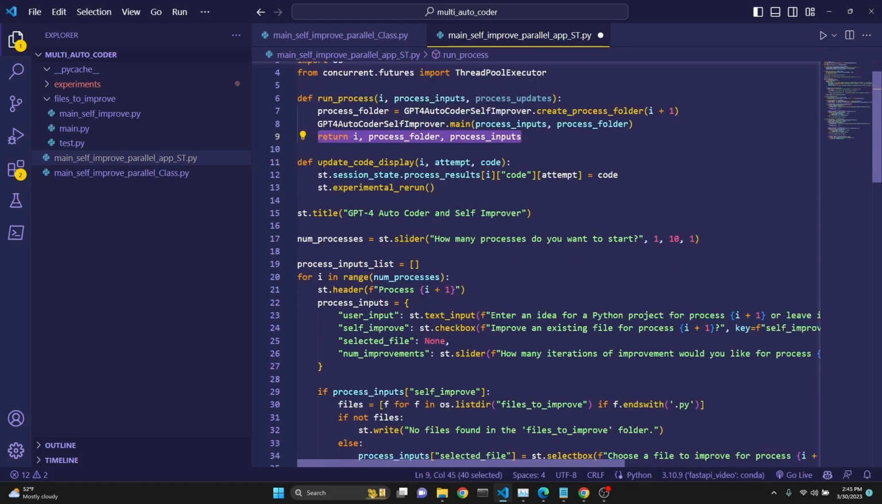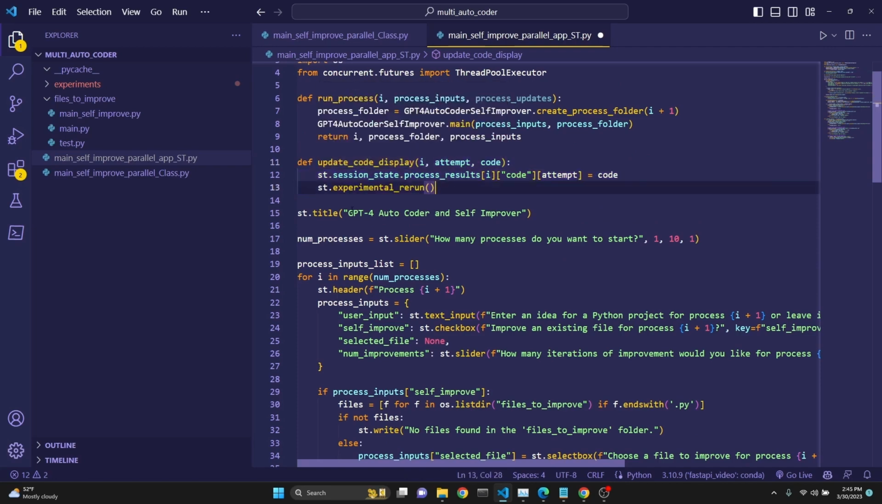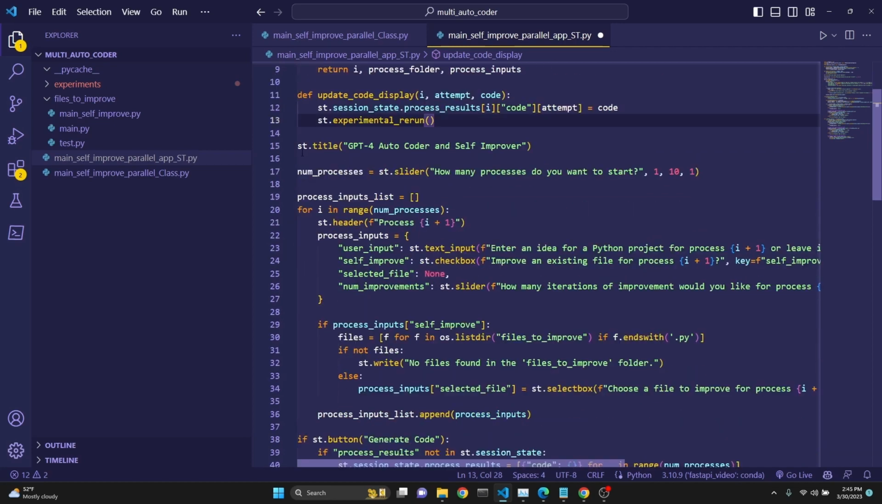Now this update code display was my attempt to actually display the code on the user interface as well, but I couldn't get it to work. I'm gonna leave the code here. Maybe one of the viewers wants to take a stab at it and get it working. Anyway, with st.title, we say what this is about: GPT-4 autocoder and self-improver, and then we get number of processes